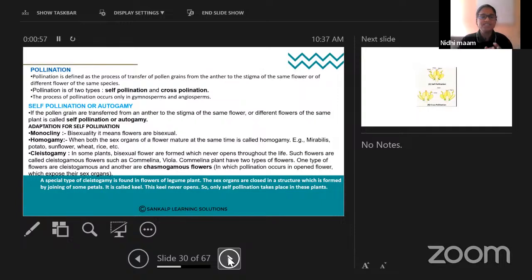So what is pollination? We know that the male gamete in plants is formed in the pollen grain, whereas the female gamete is formed in the